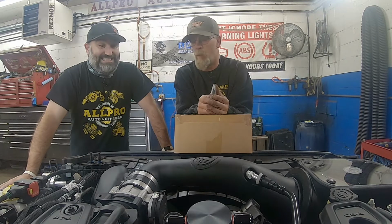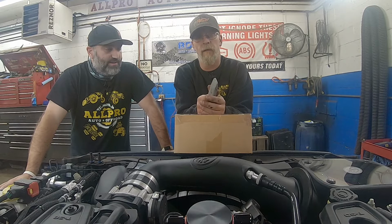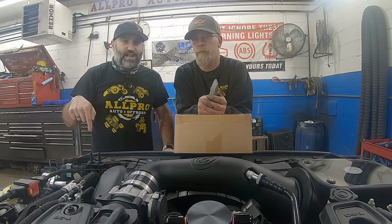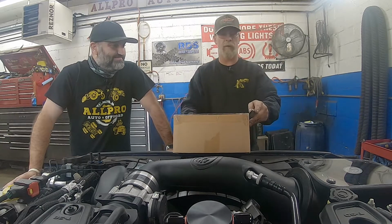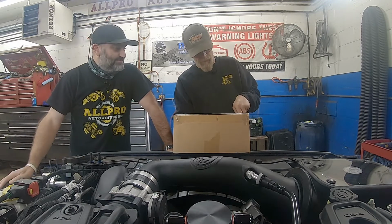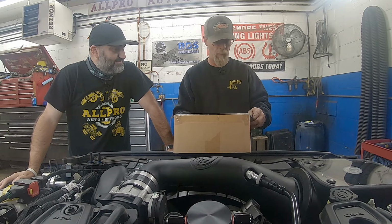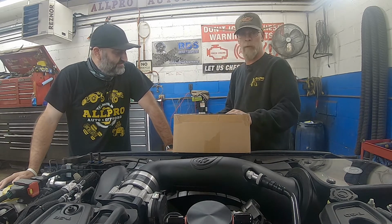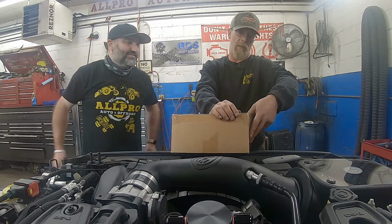Never ends. What I had Bob do is go online and get us some new headlights that have the turn signal ring built into them. The other thing too, they're just headlights, but these stock halogen headlights are junk. Yeah, I cannot see anything at night. One thing I've learned about this whole headlight game is they're all made in China. I don't care what brand you buy, they pretty much all come from China. I'm not saying there might not be one or two boutique companies out there that might build an American headlight. I don't know who they are. I don't even care. So Bob jumped online, found us